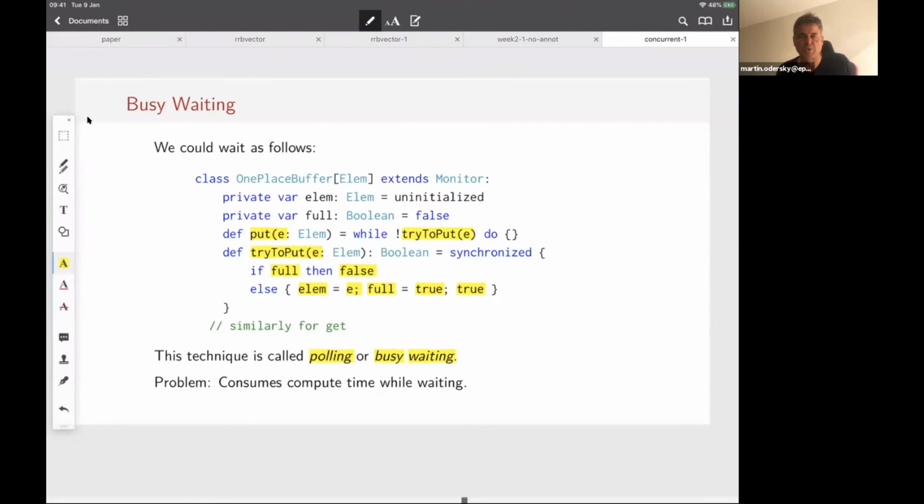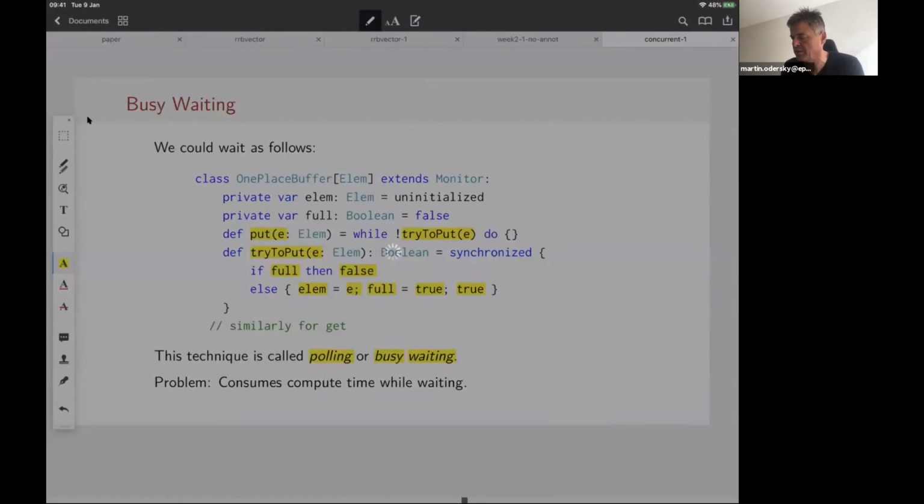So we shouldn't do that. One should do busy polling and busy waiting only for conditions that we know will block us only for a very short time, some cycles, let's say, but definitely not for things that might block us for an indefinitely long time. And in this example, hey, we don't know when there will be a consumer that will actually take elements out of the buffer so that we can put things into it.